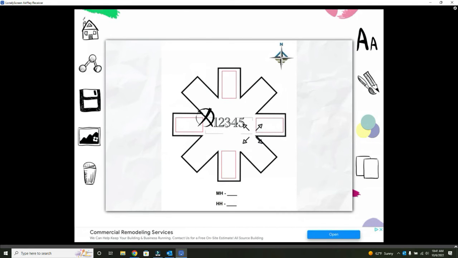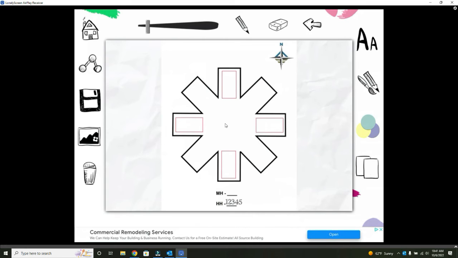Move it down a little smaller. I'm going to move it down here to handhole 1, 2, 3, 4, 5. I guess it needs to be a little bit smaller still. Probably about that size. Put it down here, 1, 2, 3, 4, 5. Okay, so now I got a handhole, and then what I'm going to do is just draw some quick lines